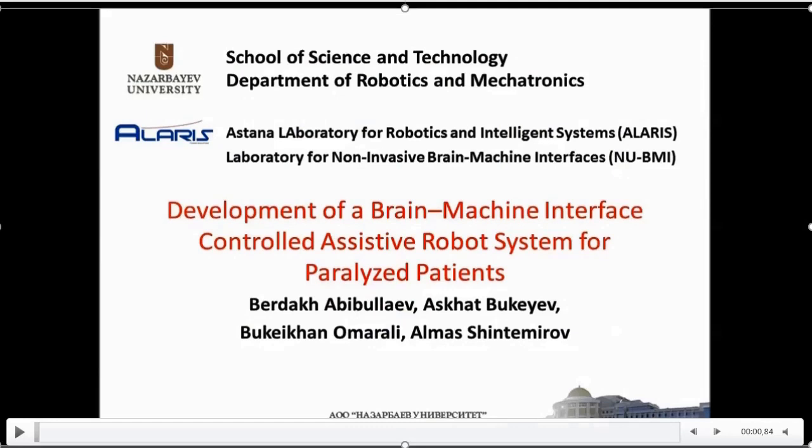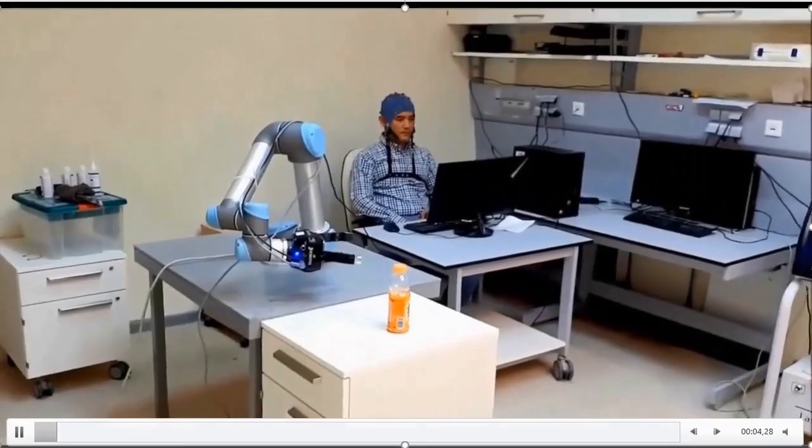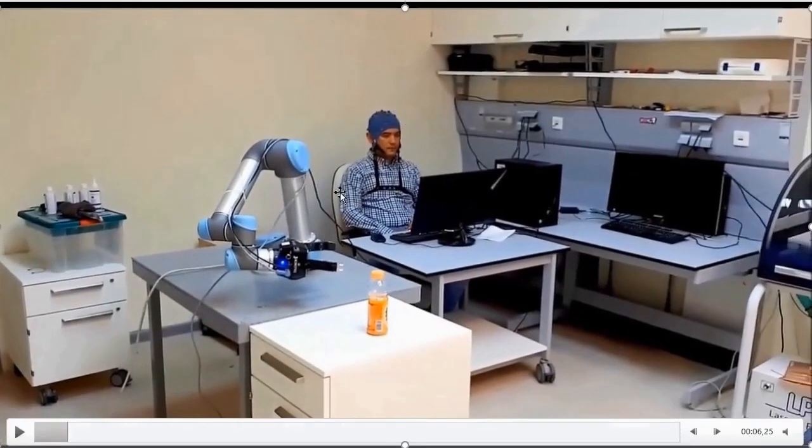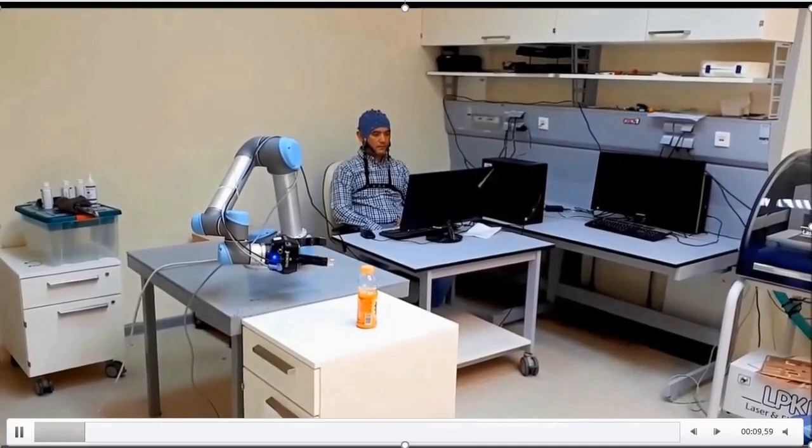The task is very similar to the one we have seen. Let me just pause here. So you can see different components. We have a human subject, which is me, and there is a cap, like a swim cap, put on the scalp with sensors attached. Maybe you cannot see the sensors. The task is to record and measure brain activities that correspond to the mental intent of this participant and translate it into control commands. Those control commands can be move up, left, right, forward, backwards, and we also have the gripper here, which can be used to grasp the bottle. So let's quickly take a look at how it looks.